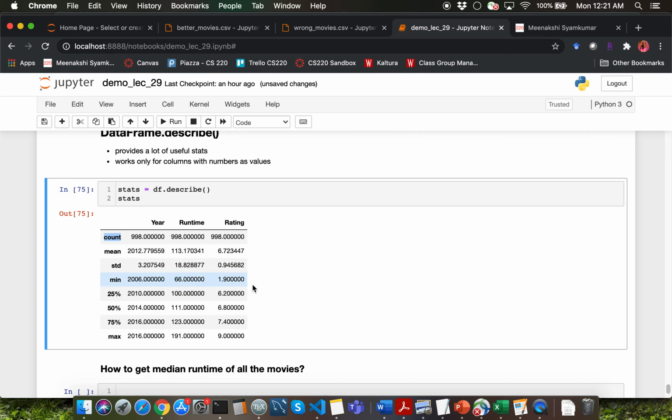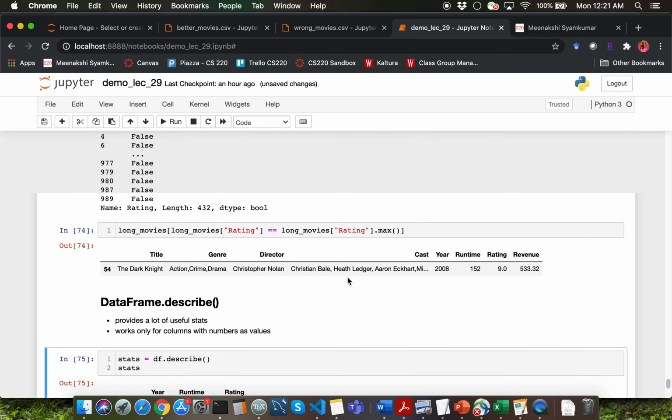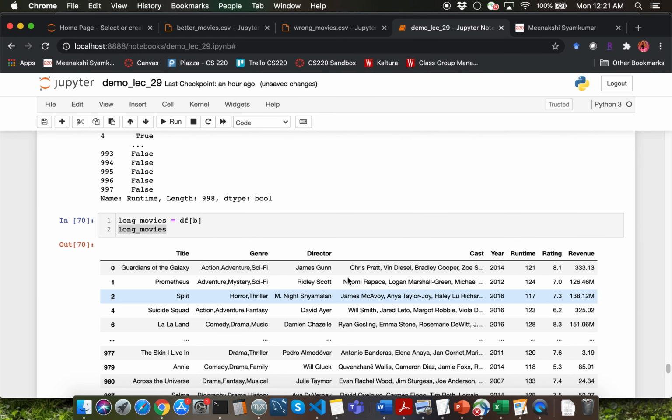Interesting that we are only getting 3 columns over here, right? Our data frame had way more columns than just 3. That's because describe function only operates on number based columns. So you're only going to get corresponding details about the number based columns. It's a good sign that all 3 of these columns have same count of rows. That means that we have a complete data set, at least with respect to these 3 columns.